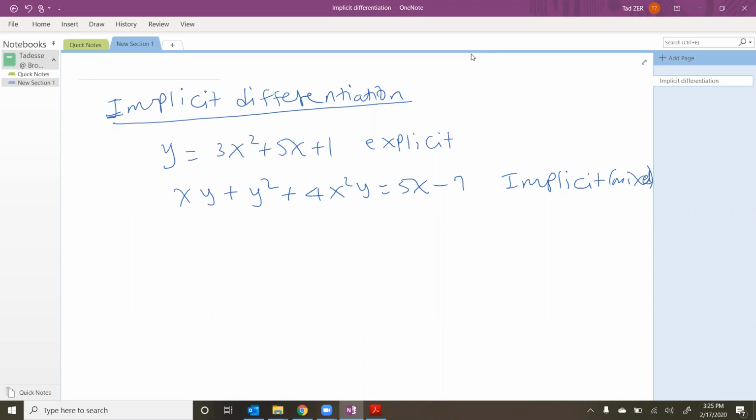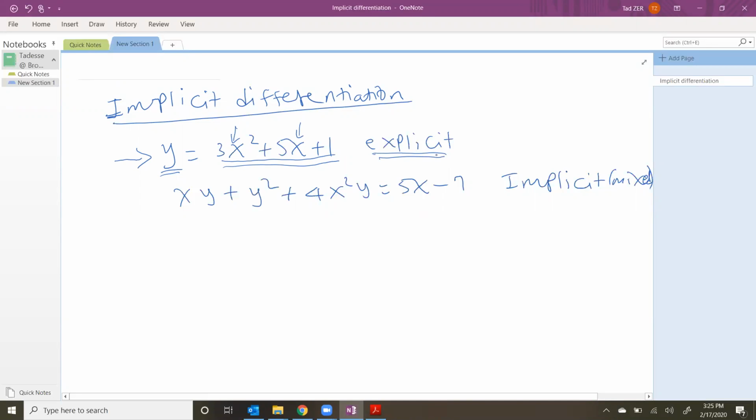As you can see here, whenever we have an expression of the form y equals 3x squared plus 5x plus 1, the dependent variable is sitting by itself on the left side. And on the right side, you see only the independent variable. X is the independent variable, right? So this type of expression, where the dependent variable is on one side and the independent variable is on the other side, we call explicit